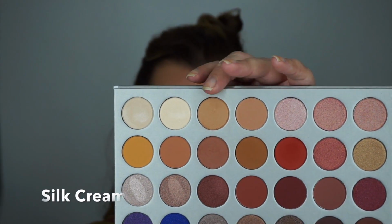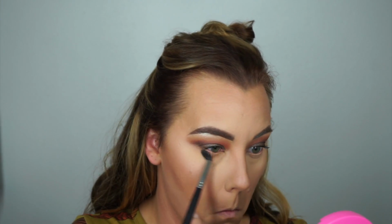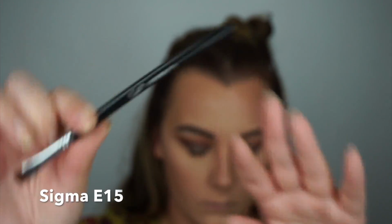Using Silk Cream from the palette and then a Morphe M412 brush, putting this on my lower lash line to start with the transitions on here to make them darker. Going in with Hunts from the palette and a Sigma E15 defining brush, going to be putting this from the outer corner to the inner corner on both sides of my eyes and repeating the same process on the other eye,